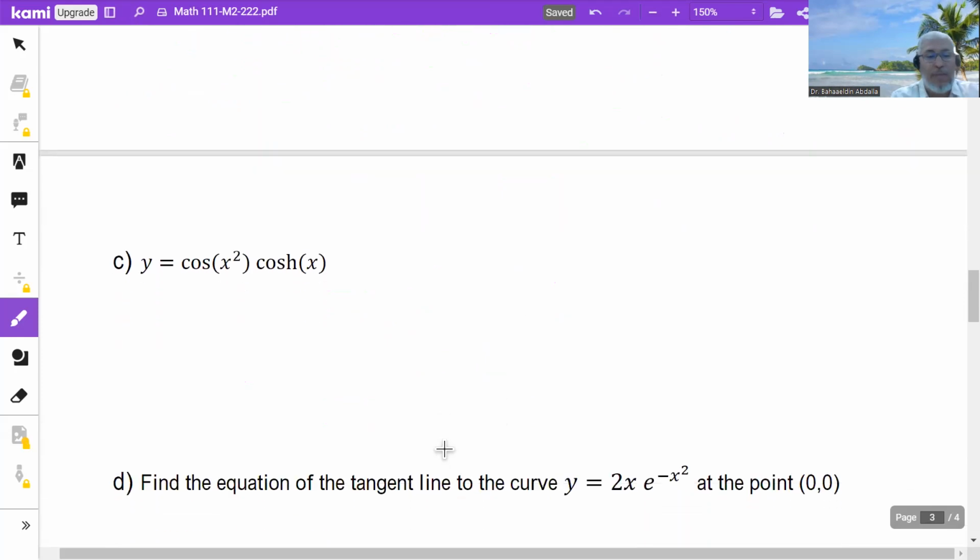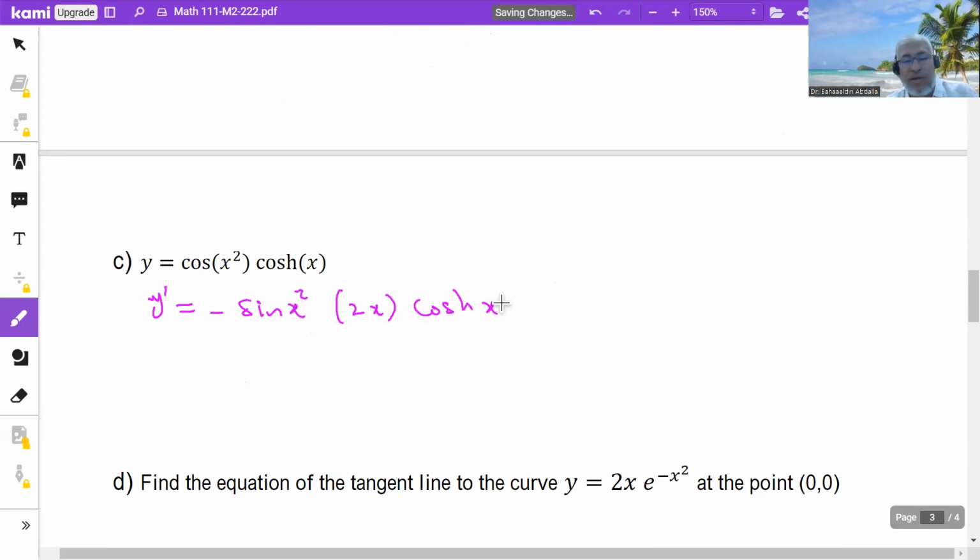That's the derivative. Again, here we have a product of two functions, so we will use the product rule. The derivative of cosine x squared is negative sine. Derivative of cosine is negative sine, and then you multiply by the derivative of x squared, which is 2x, using the chain rule, times cosh x,